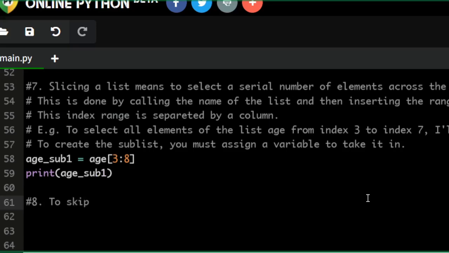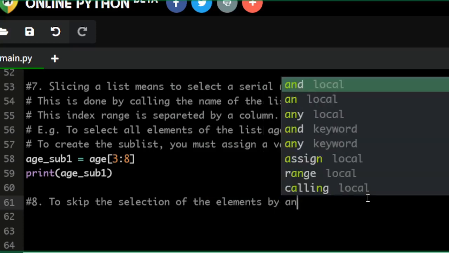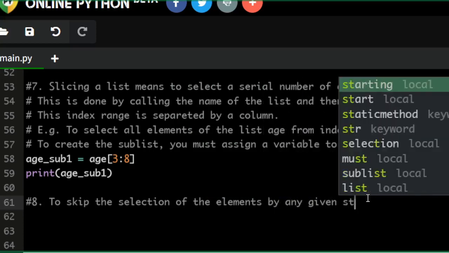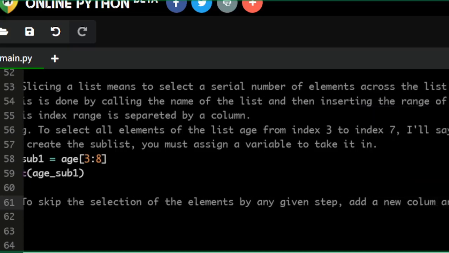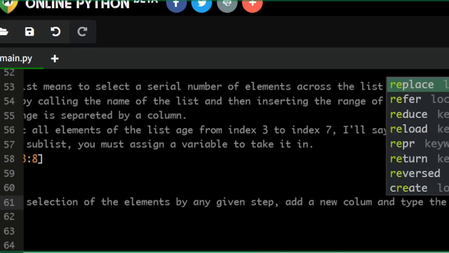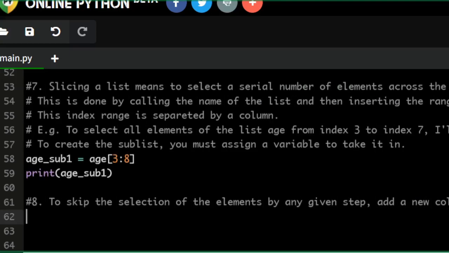To skip the selection of the elements by any given step, add a new colon and type the number of steps required. Okay, so now what I'm trying to say is